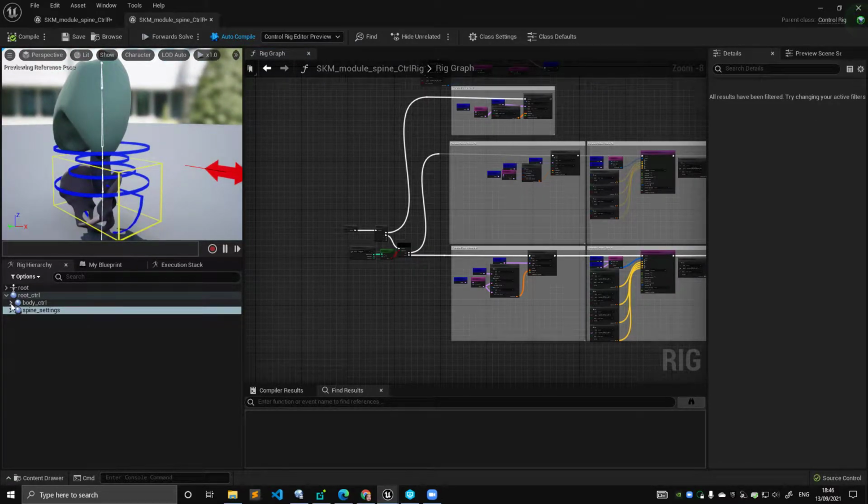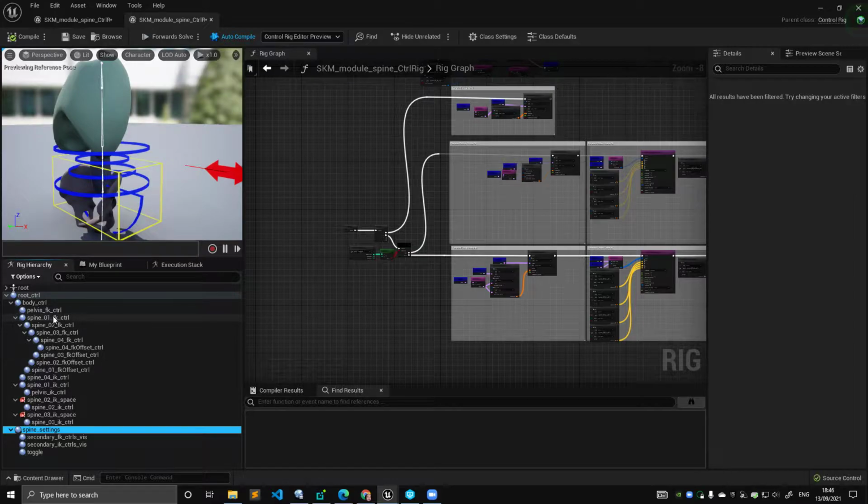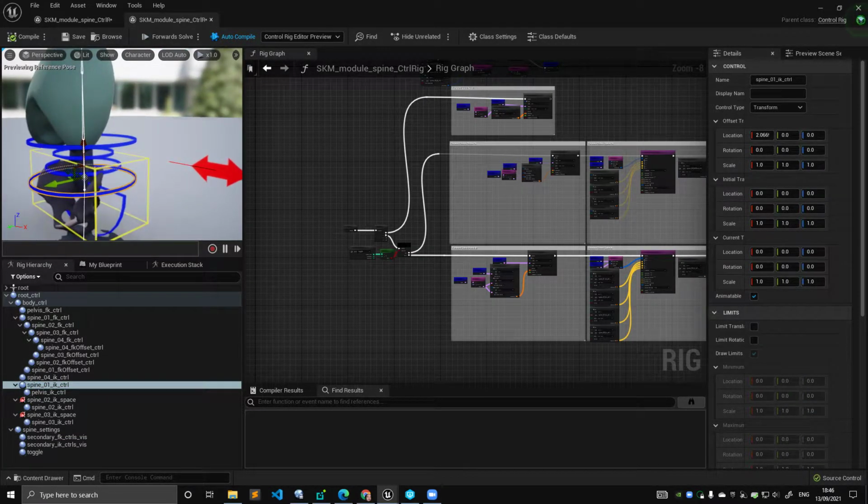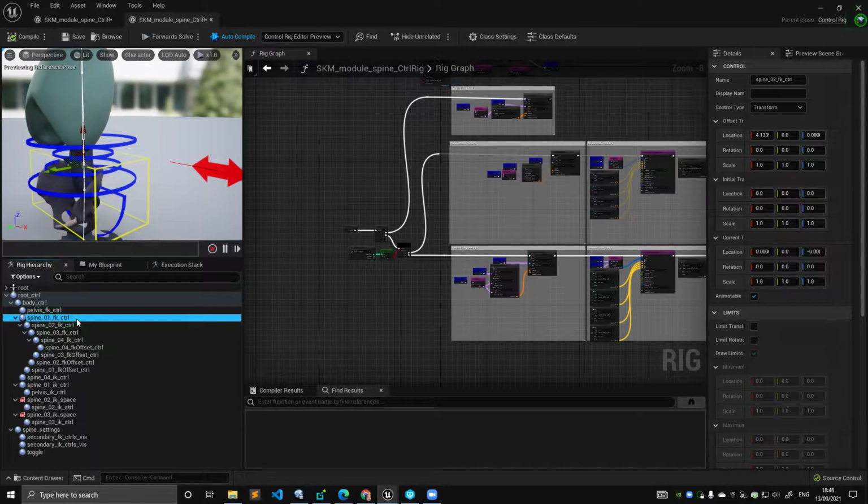First of all, I mentioned there are two ways to animate the spine most of the time. One is using the IK spline solver, so an IK kind of solver, where different parts can be animated independently. And then there is the FK solver, which is basically a hierarchical relationship between controls, which drives a hierarchical relationship